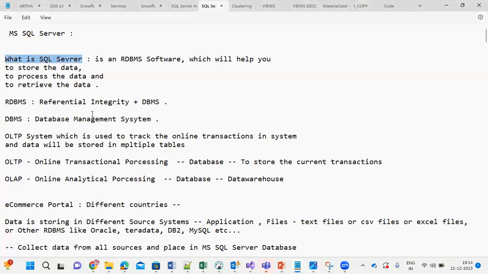SQL Server is an RDBMS software which is used to store the data, process the data, and retrieve the data. So it is a database. SQL Server is a database, and the main purpose of this SQL Server database is to store the business data in the database. Suppose let's consider, guys, if you consider any business,